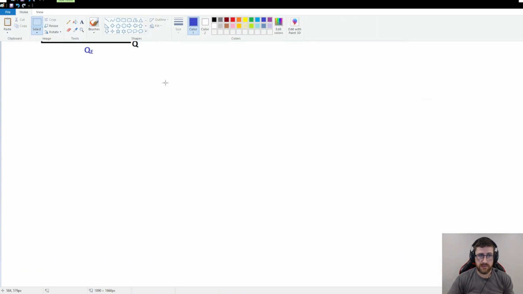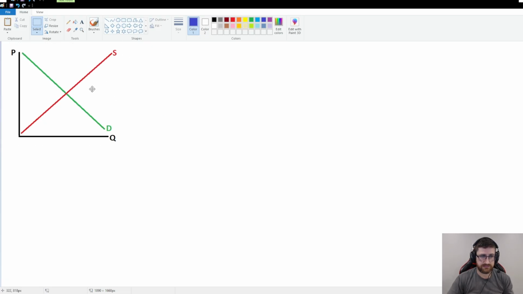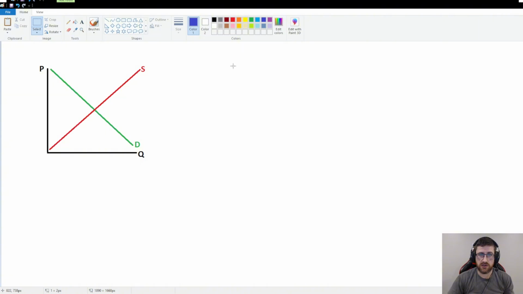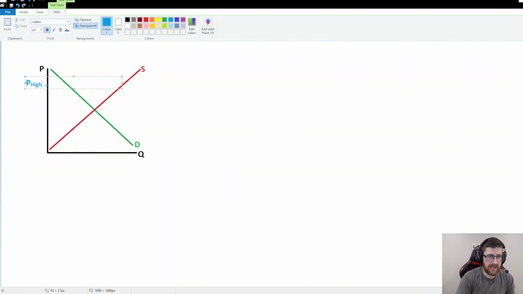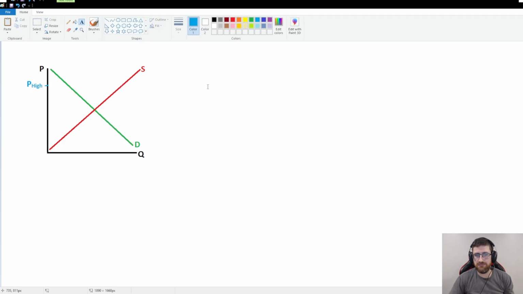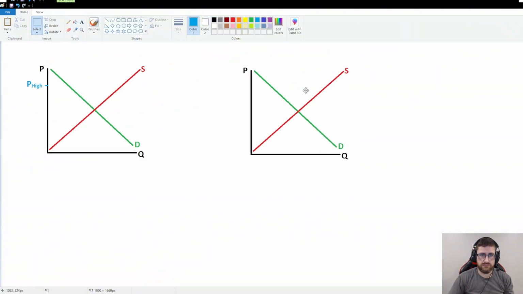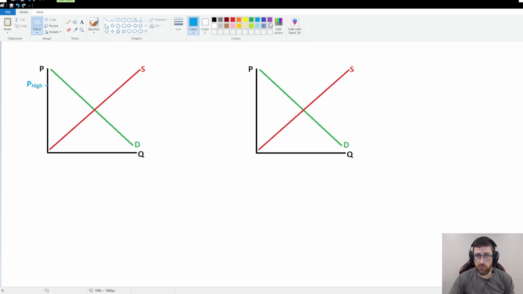So the first one is, well, what happens if instead of the correct price, I'm going to pick a price that is too high? Let's use blue here. So I'm going to pick a price up here, and I'm going to give it the very creative name of P high. Okay, I have a high price. This is one problem we could run into. The other problem we could run into is a low price. So, same idea. Maybe there's a price down here, and we call this